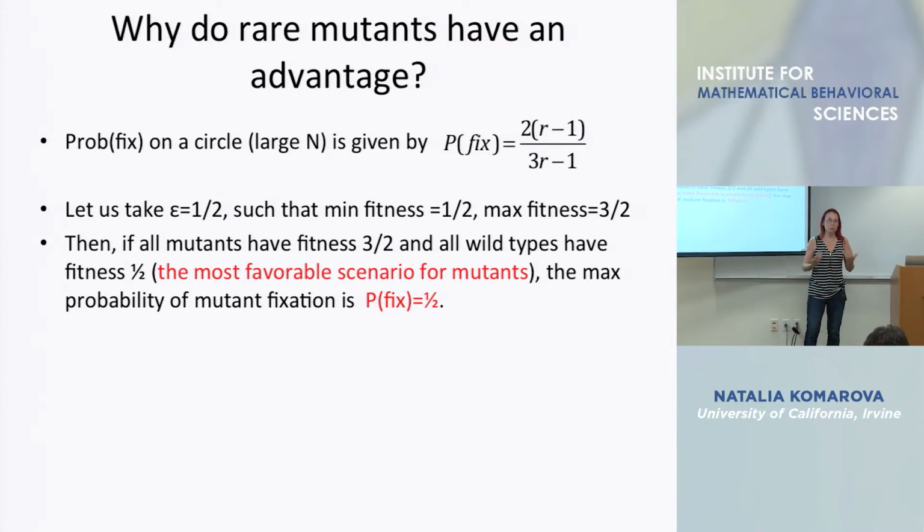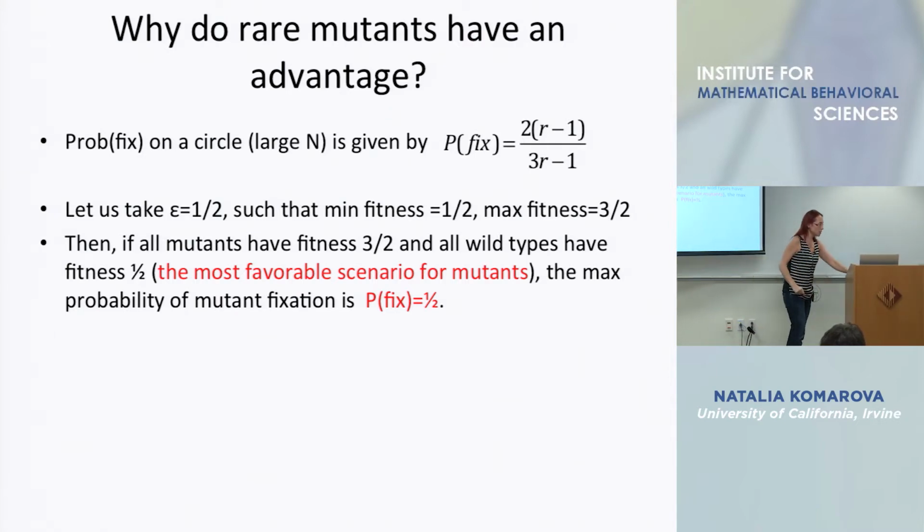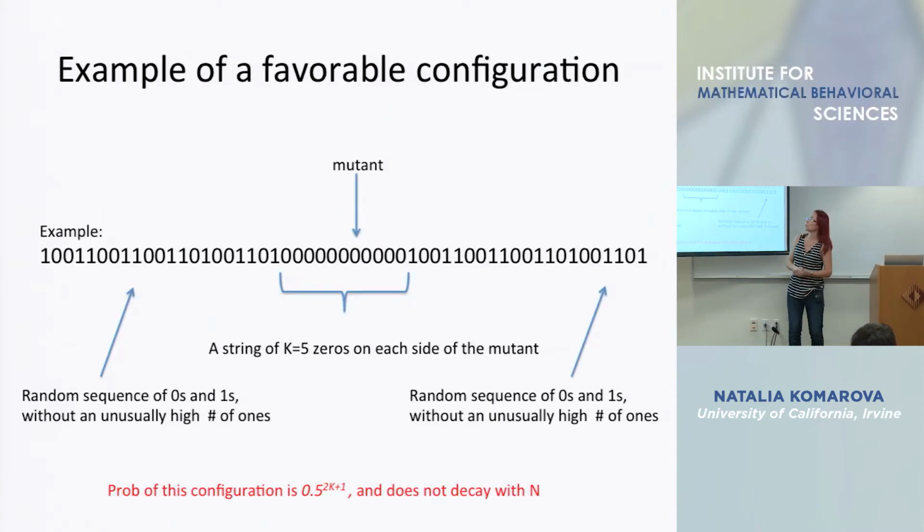So mutant is completely advantageous. This is the best case scenario. In this case, the probability of fixation is 1/2. You can stick it in this formula and you get 1/2. And now let's look at this configuration. By chance, a mutant,